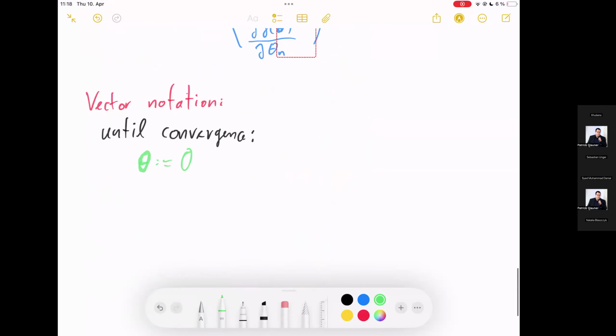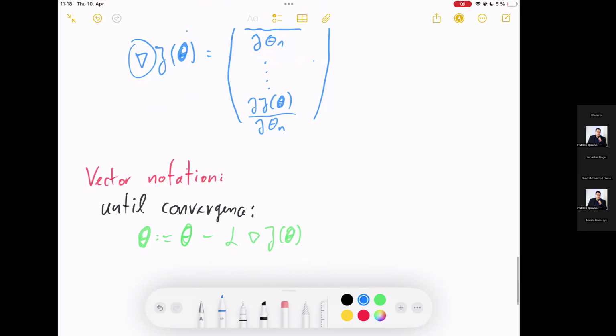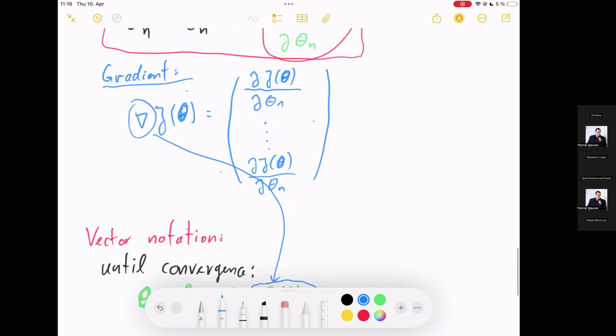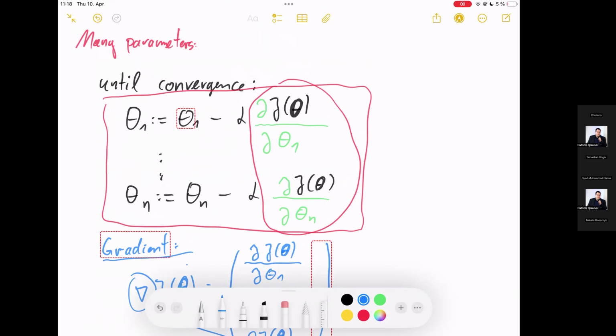So it's the theta, the vector, that's why in bold, minus alpha times, I'll move it slightly over here. So this was the learning rate before. Well, let's just write it nice. Learning rate, and then nabla J of theta. And this was the gradient from before. So all we have done was the multi-parameter gradient descent,